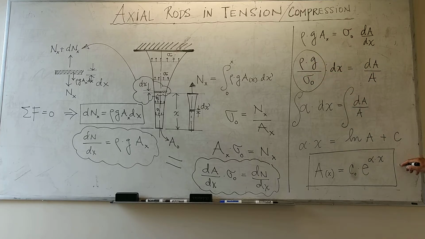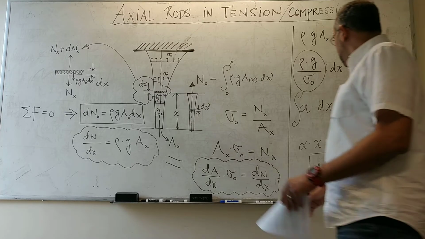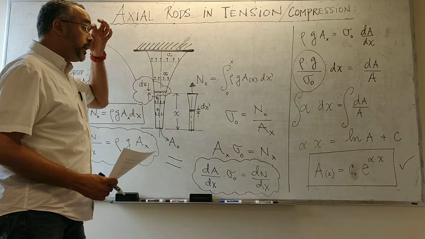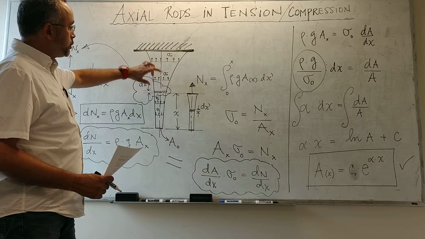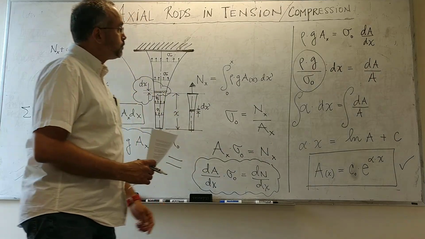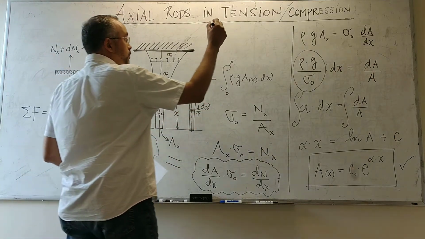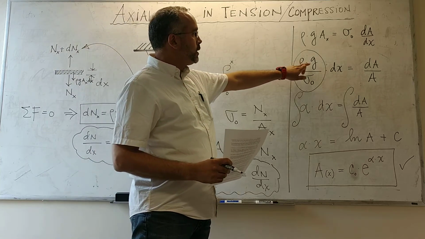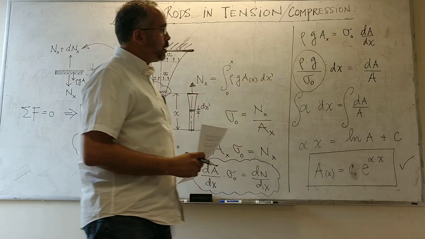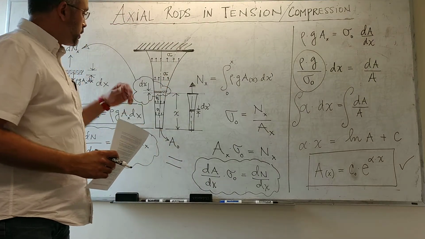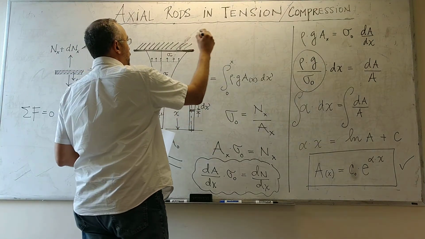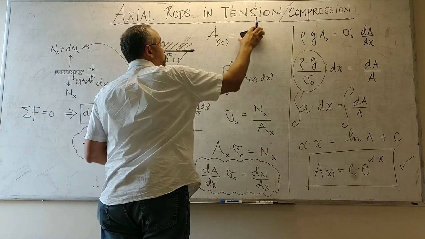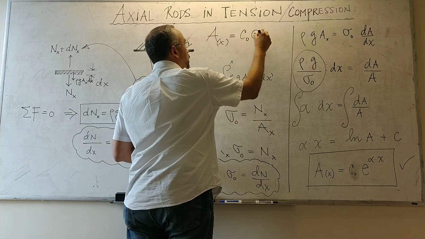So what this equation tells you is that the variation of the cross-sectional area that is necessary in order to keep the stress constant as a function of x is an exponential. And that exponential has a constant which is proportional to the density and to gravity, and inversely proportional to the desired stress that you want to maintain constant. So again, the variation in the area as a function of x, necessary in order to achieve constant stress